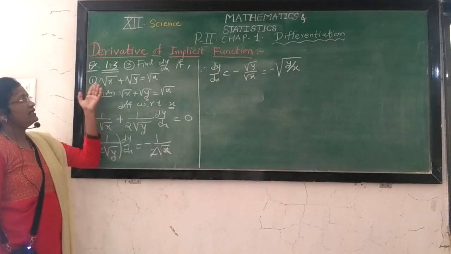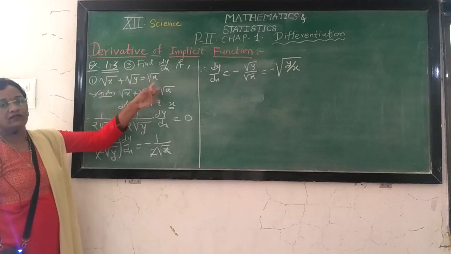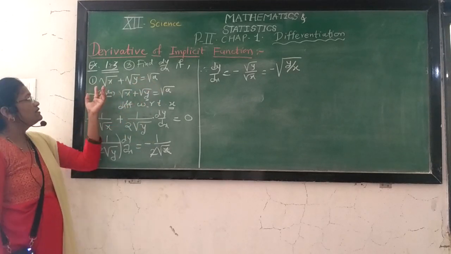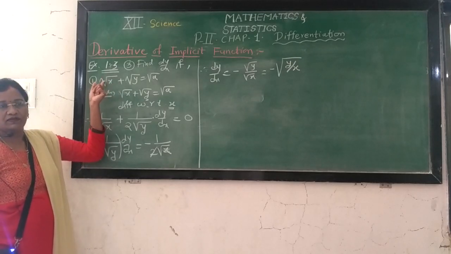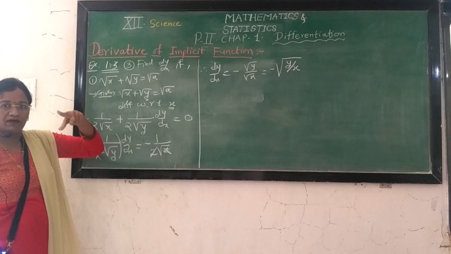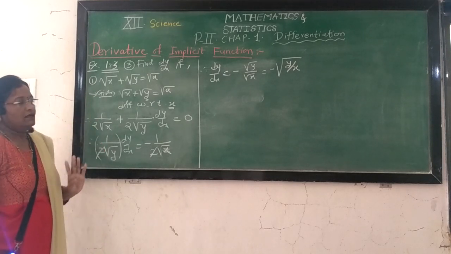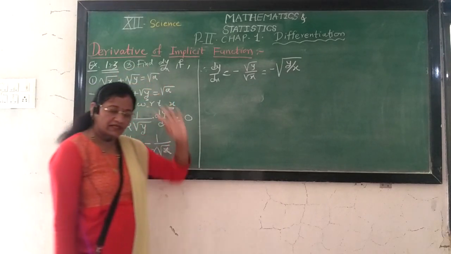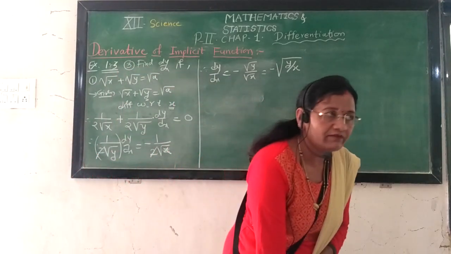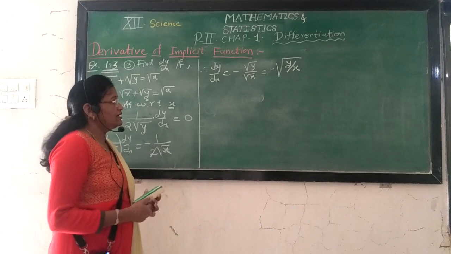Again, the next question is given: x root x plus y root y is equal to a root a. Again, this is very easy, because root x is some power of x and x is multiplied with it, meaning 1 power of x. So after this, x raised to 3 by 2. So we take x raised to 3 by 2 plus y raised to 3 by 2 is equal to a raised to 3 by 2. In a similar manner, we can differentiate this and find dy by dx.